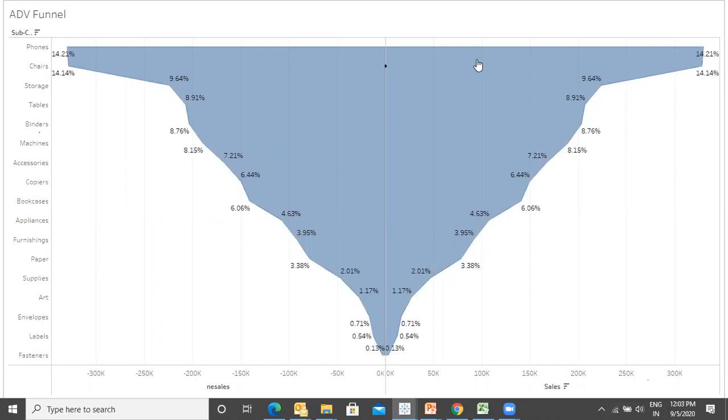So we can see which is the maximum profit generating thing and which is the minimum, so that further decisions can be taken on this basis. Now you can see that for fasteners the revenue percentage is 0.13%. So you can decide whether to continue with this particular product or not. Just giving you an example.